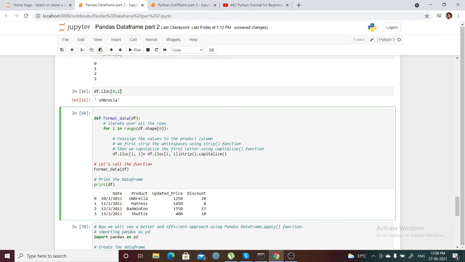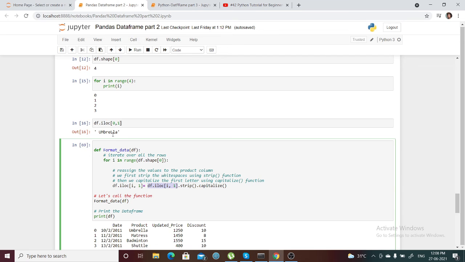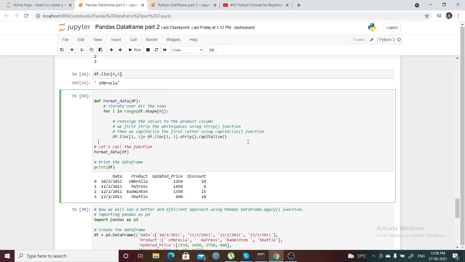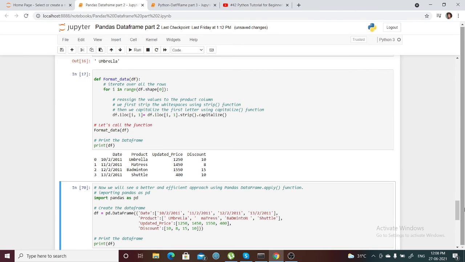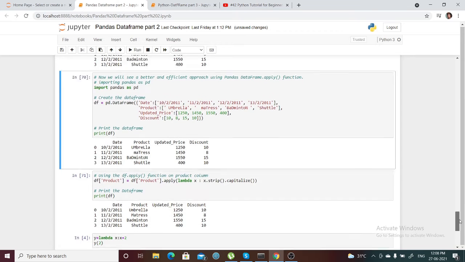Whatever values are there in this column, I want to strip and capitalize. Strip is doing nothing but removing whatever extra spaces are there, and the capitalize function will take the word and capitalize the first letter, and the remaining letters will be small letters. So this is the way it is going to work. I hope you understand.